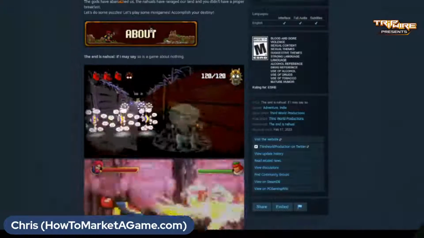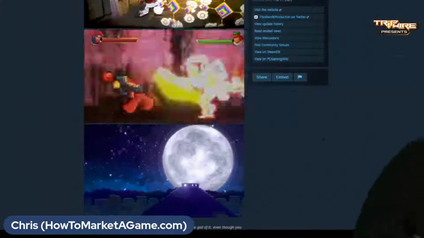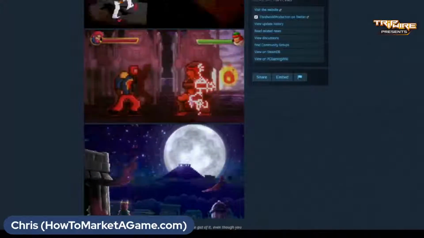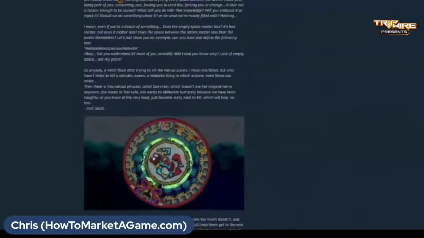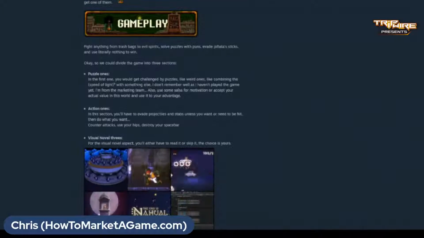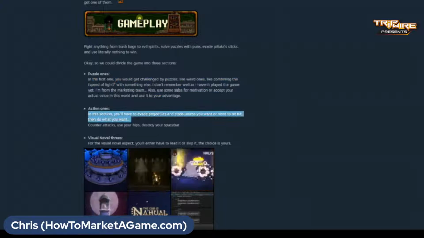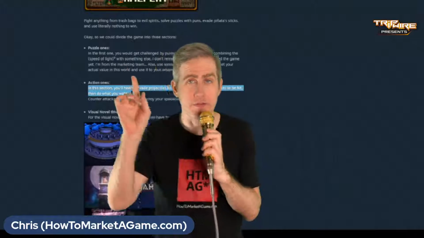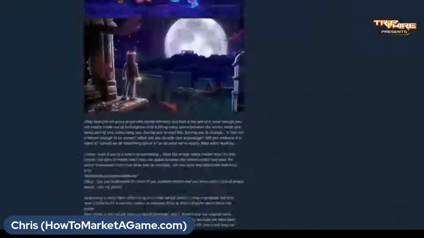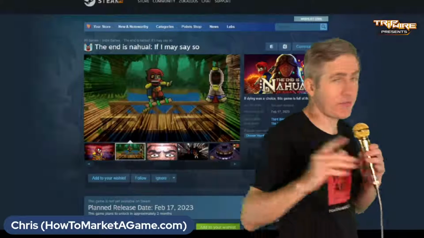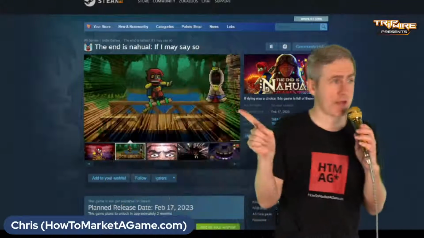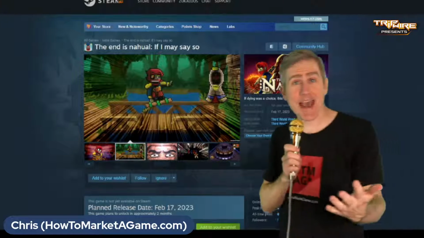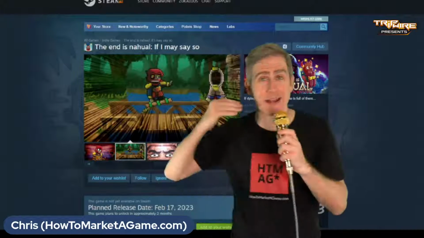Because there are so many different types of gameplay in this, I can't quite tell. I can't put my finger on what it is. This could be the game that is X plus Y plus Z plus A plus B. There's a lot, and now there's puzzles and actions. But I think if we really narrow down on what it is, maybe up there in the short description can really set this apart and show what kind of genre we have here. That's kind of my thought with that one. So I think with that could be the last one. Thank you so much. I'm glad I got one more in there.